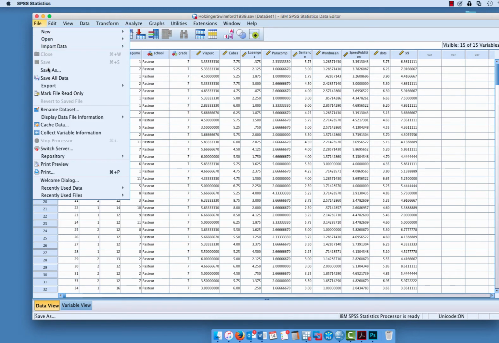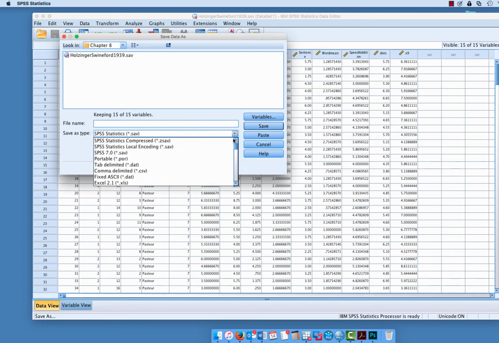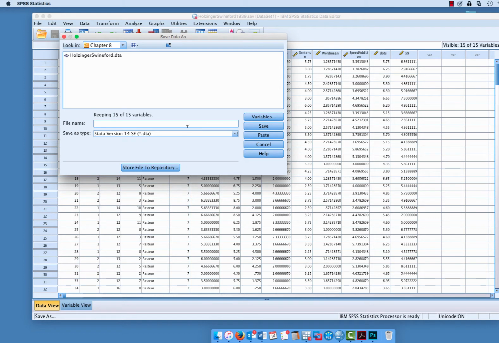It's very easy in SPSS. We can just go to Save As, and you can see I've already saved it once, but I'll go ahead and save it again, and I can scroll down to version 14 of Stata, and then I can rename